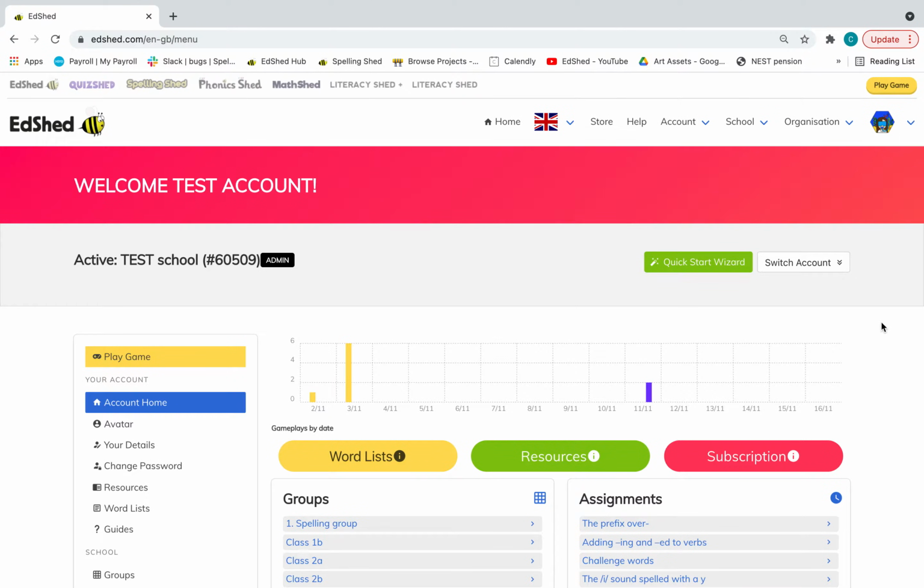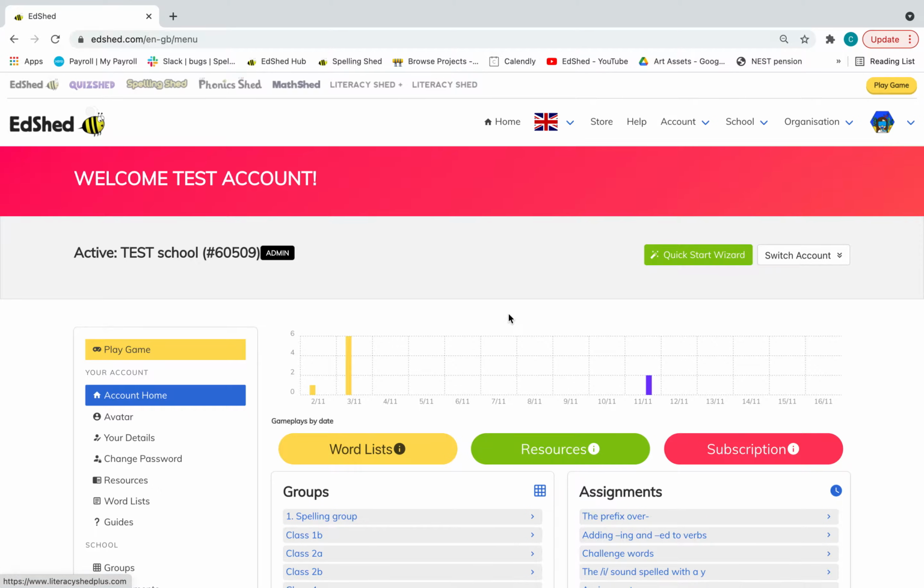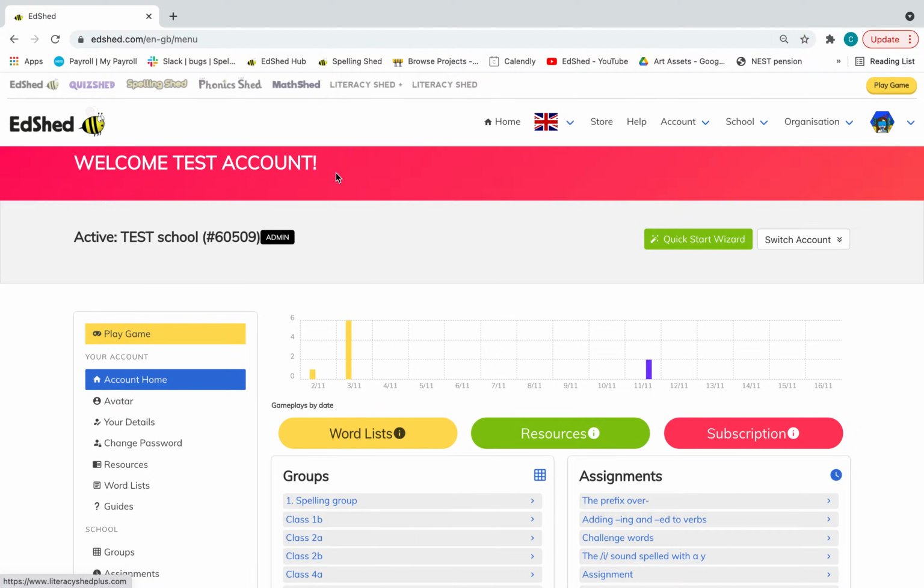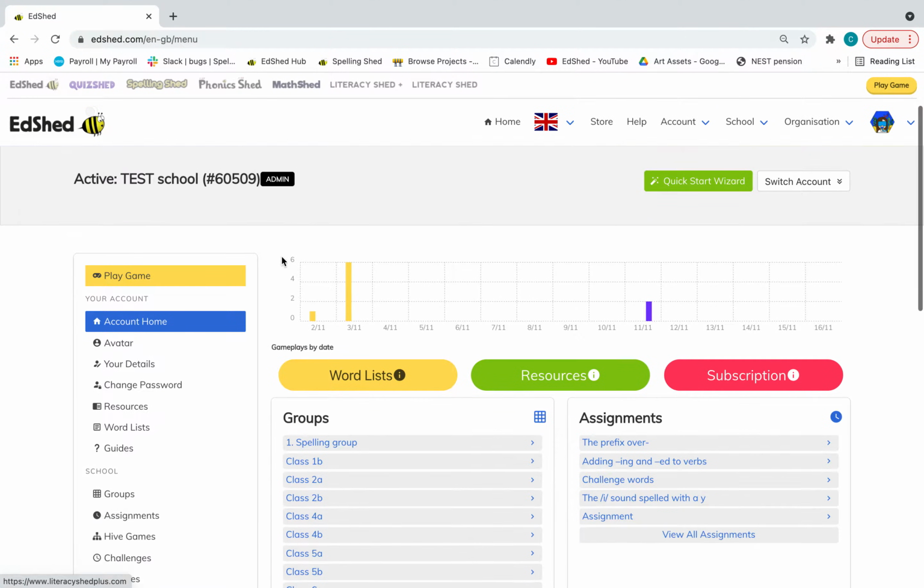And today I'm going to show you how to use our digital access on Phonics Shed. So first of all, once you log in, your teacher account home will look like this. It'll have this pink banner going across the top and then your school hashtag number. Now the only bit that will be slightly different in mine is I'm an admin user, which you will have